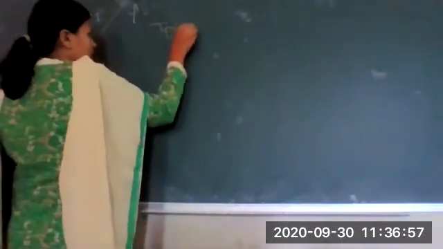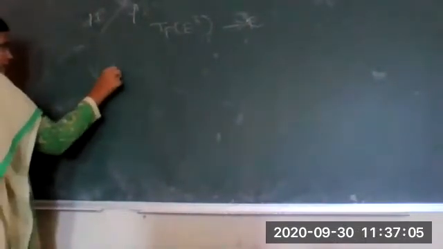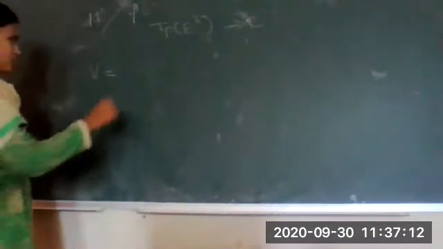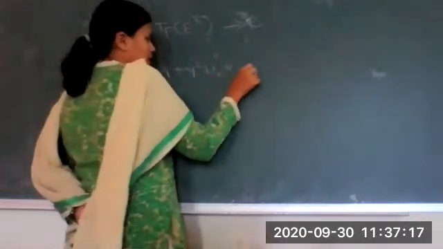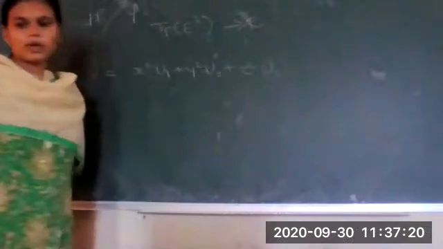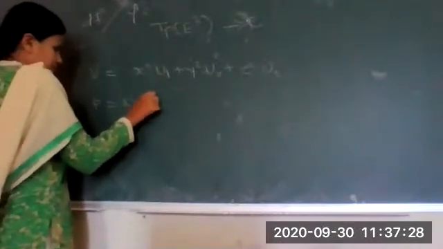From Tp of E3 to R. Okay. Now we have been provided with the vector field V equal to x square u1 plus y square u2 plus z square u3. Okay. Now what is given to us? Phi is a function: x square y dx plus, what is the next one provided, y dy plus z square x square dx.